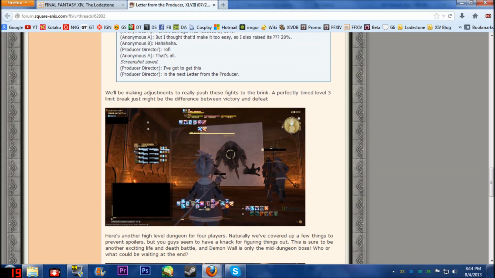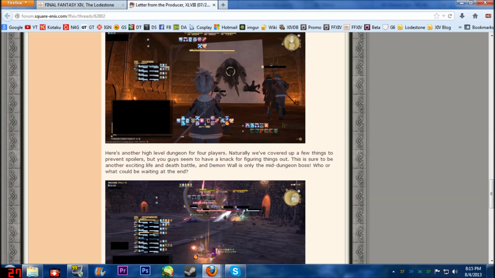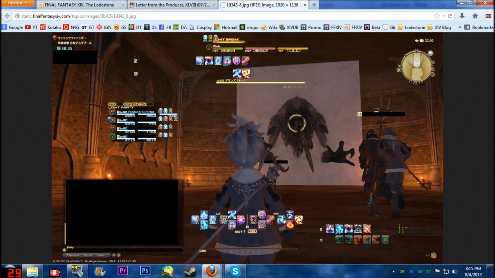So he shares all the stuff that they were testing out on Titan back then. It also says here, "We'll be making adjustments to really push these fights to the brink. A perfectly timed level 3 limit break just might be the difference between victory and defeat." You see here's a screenshot of the demon wall that we looked at previously. In case anybody missed it, this is the Ampedor's Keep Black Shroud dungeon that's located right next to Camp Tranquil in the Black Shroud. It's a Gridanian dungeon, and this is not the final boss of this dungeon of Ampedor Keep. This is like the mid-fight dungeon boss,